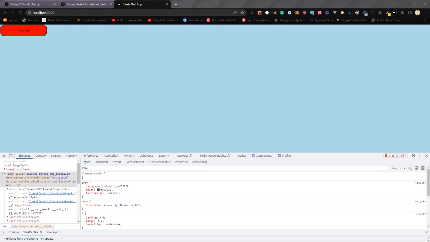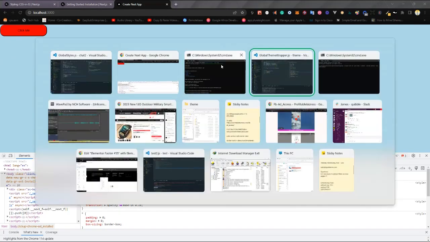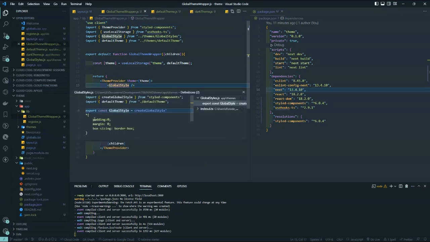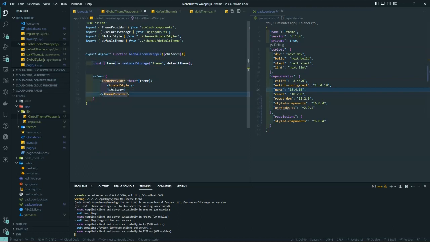You can see that everything is still working, and you can see that the margin has disappeared, because we've declared that in our global style. Inside the global style, you can see we removed the padding and the margin. So now our global style is working. So we've successfully integrated our